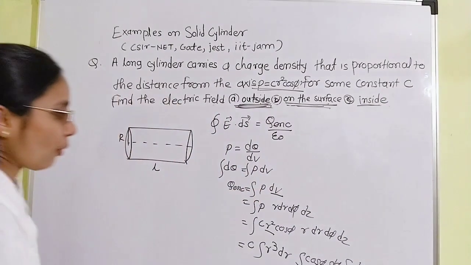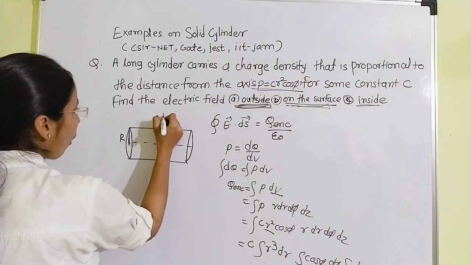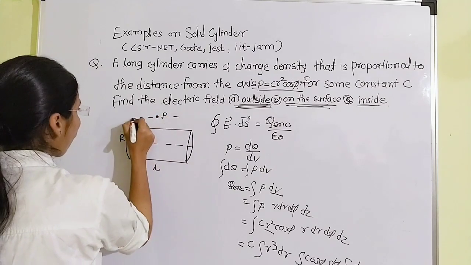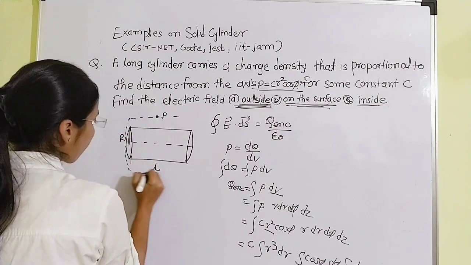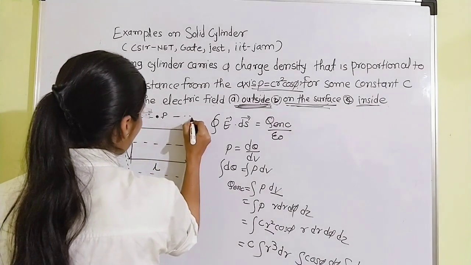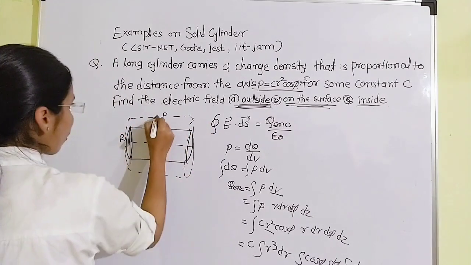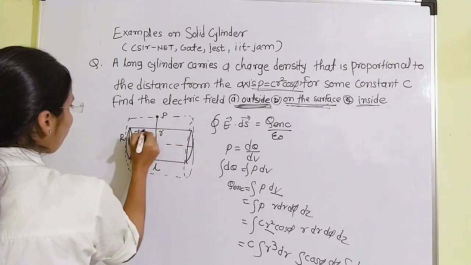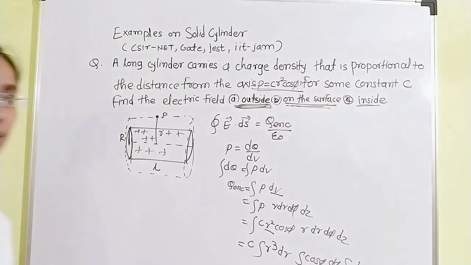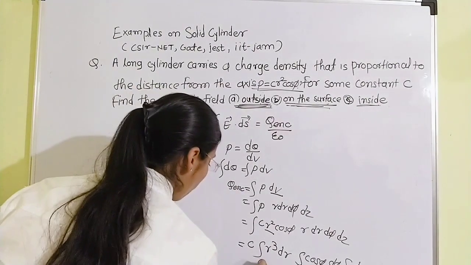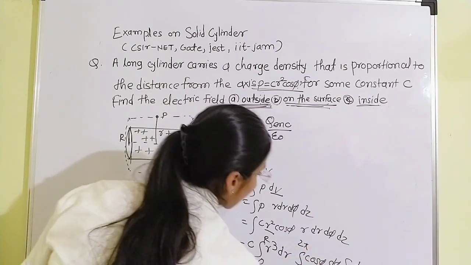The limit for this r: we have to take the body limit because we take the point outside. We have to draw this Gaussian surface for that point. So this is r distance, but charge density is present only up to this, so that's why we have to take this limit, that is 0 to r, this is 0 to 2 pi and this is 0 to